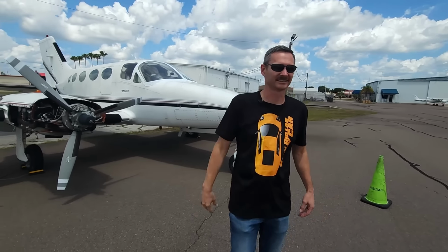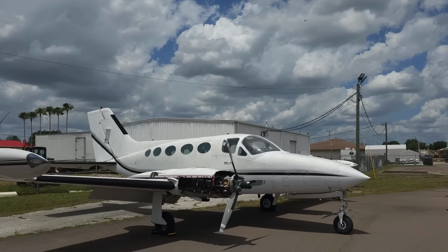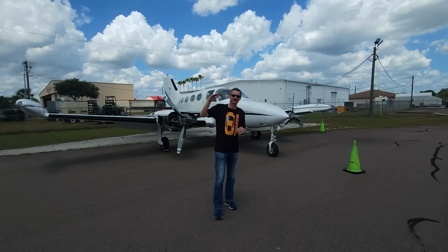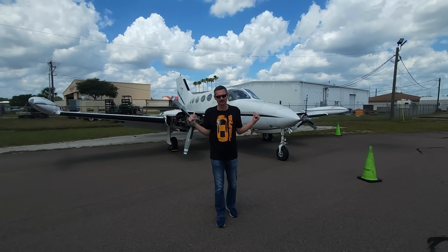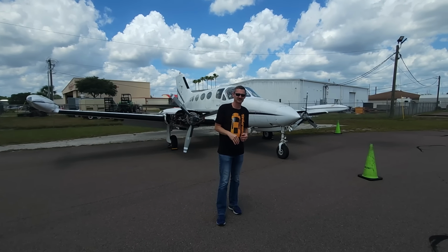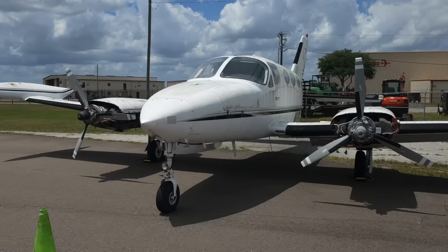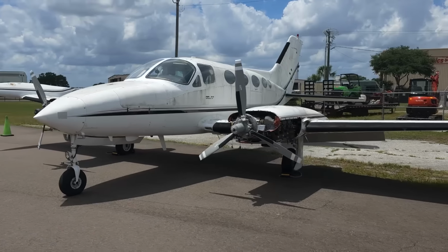That's the first time I've actually seen it, and it's bad. This is a 1975 Cessna 414. It's pressurized, which means we can go a lot higher. It's got turbs on it, which means we can go a lot faster. And like my shirt, it'll probably take $1 million to get it flying again. However, it's on auction right now,